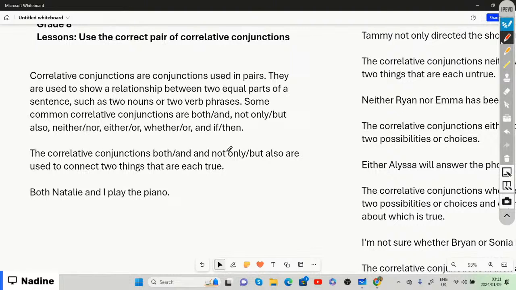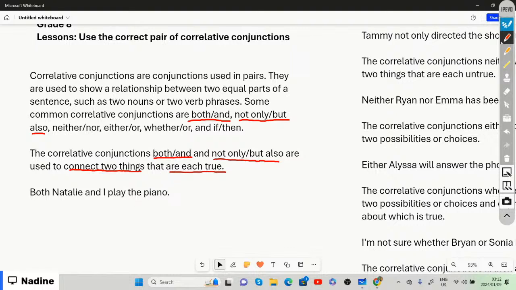If we look at the first one, which is both and, the correlative conjunctions both and, and not only but also, are used to connect two things that are each true, right? For example,